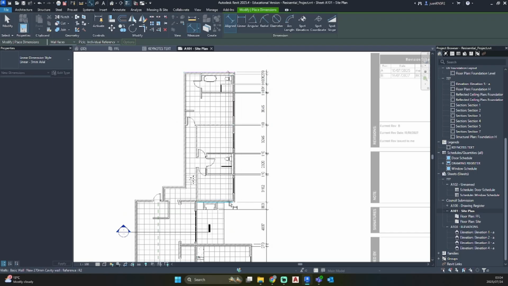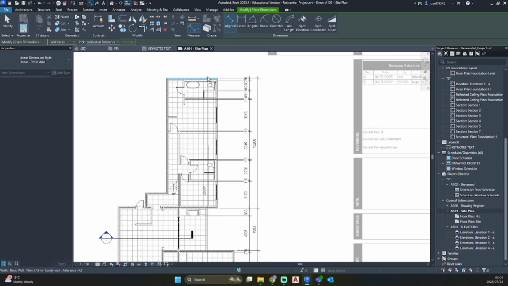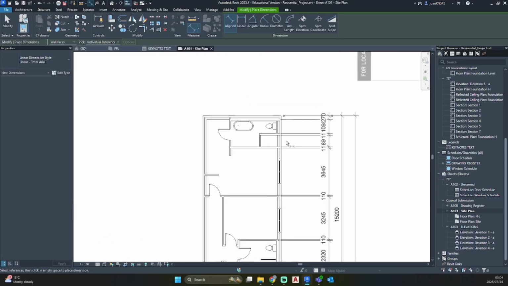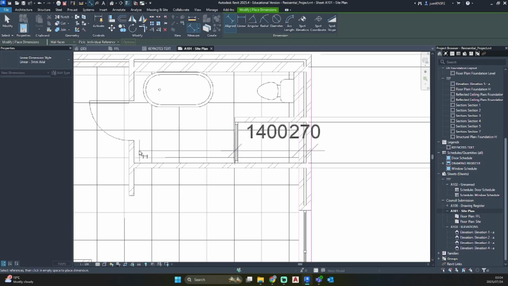Now for the second line I am going to take the big segments and the last one is the entire length. Now let's do the top side.